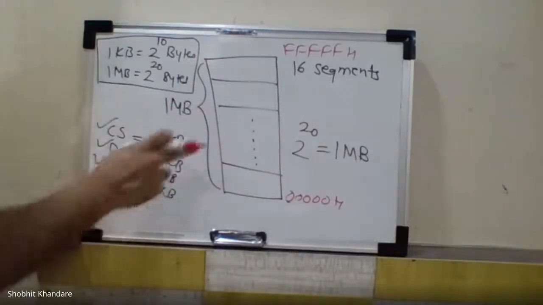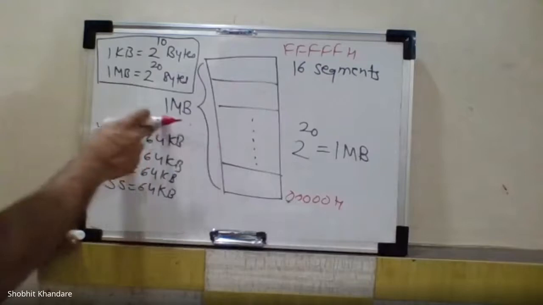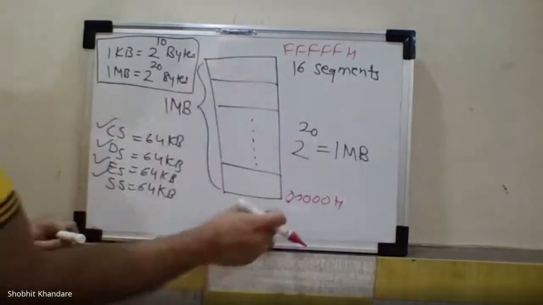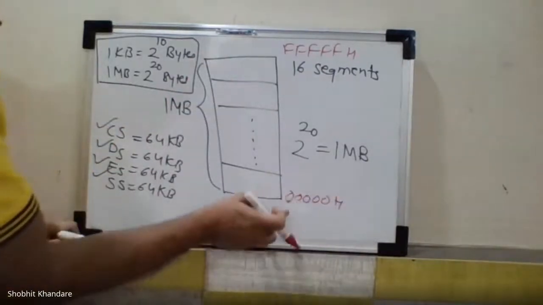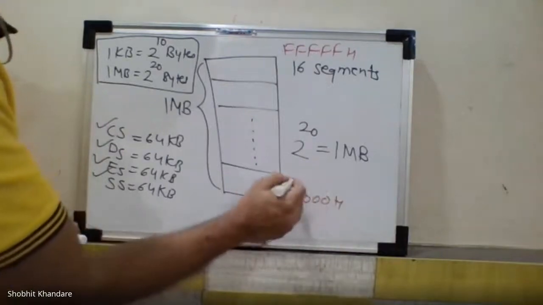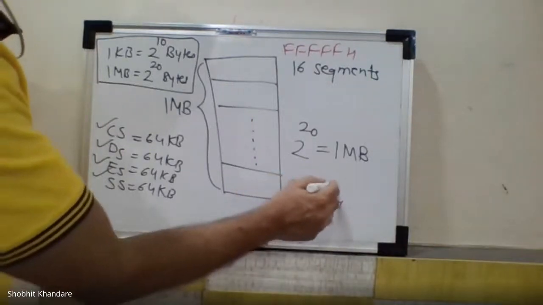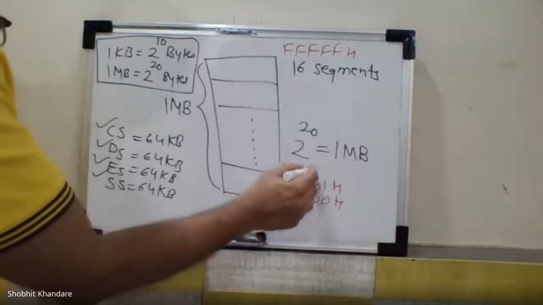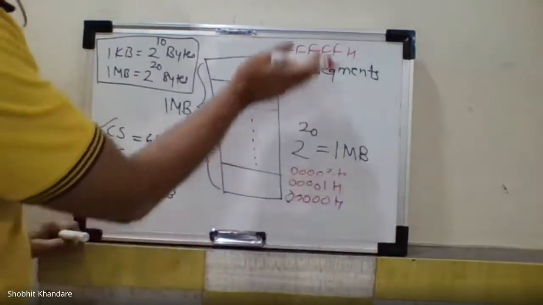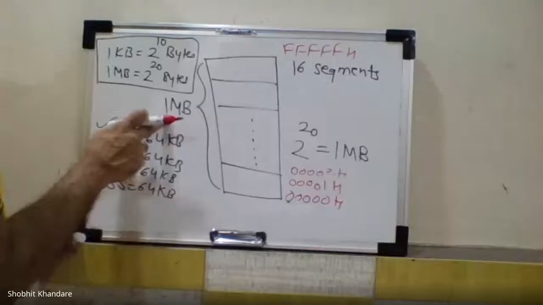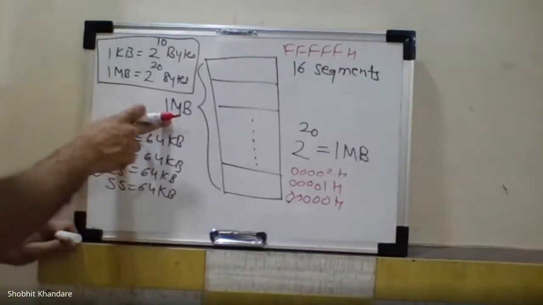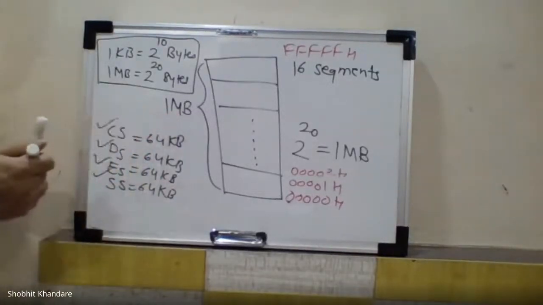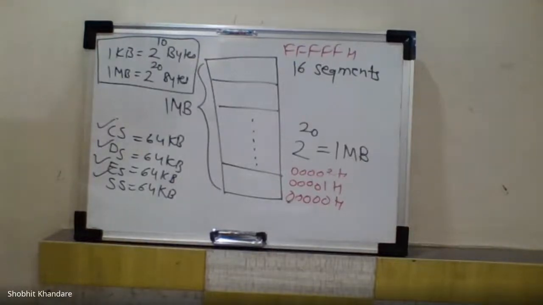Now there is some drawback of using 1 chip of 1 MB, or a drawback of using linear addresses. Linear addresses means 00000, then 00001H, then 00002H. This is called linear addresses, if I am taking 1 chip of 1 MB. Now you have to understand that if I want to access a location, you know that you have 20-bit addresses.